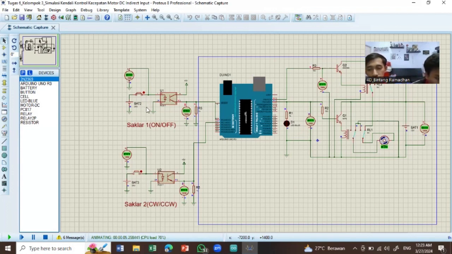When switch 2 is in a high condition, the DC motor will rotate clockwise, and vice versa, when it is switched to its low condition, the DC motor will rotate counterclockwise.